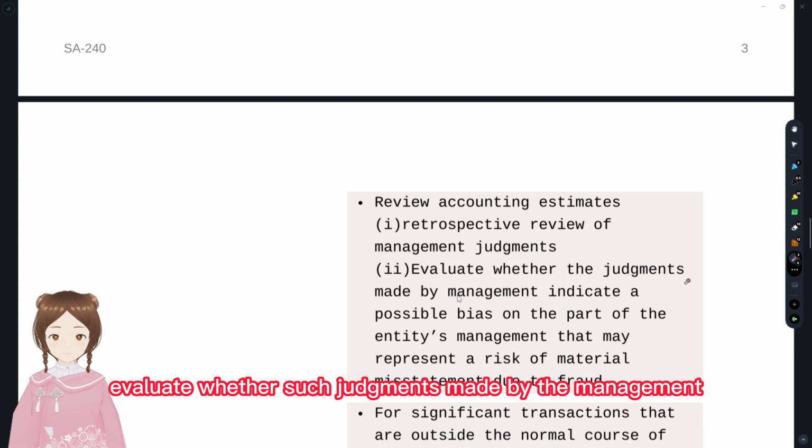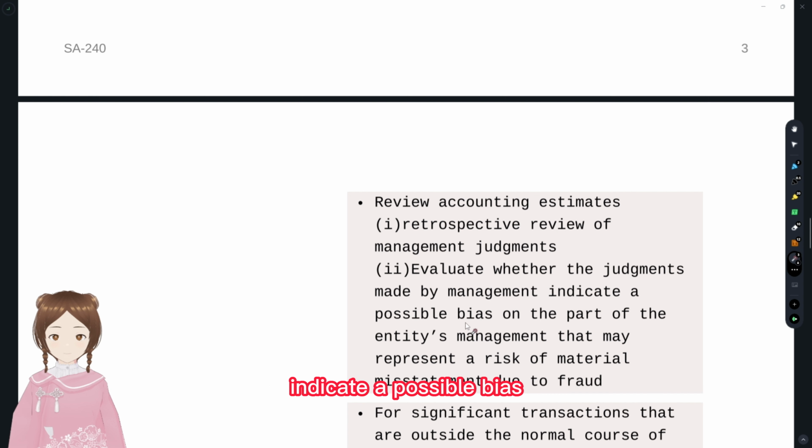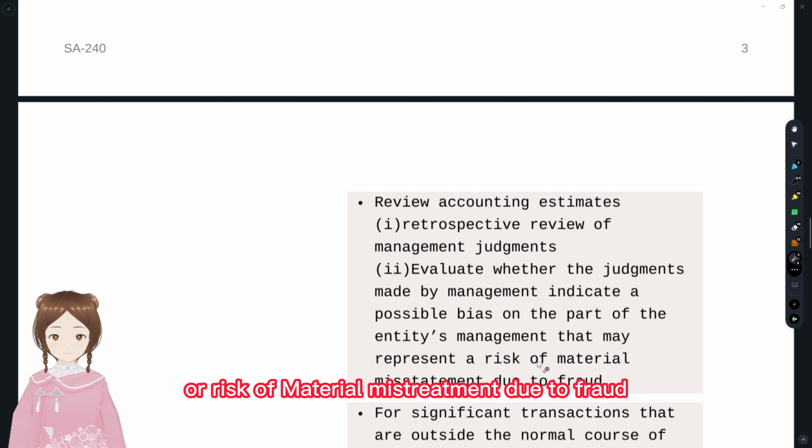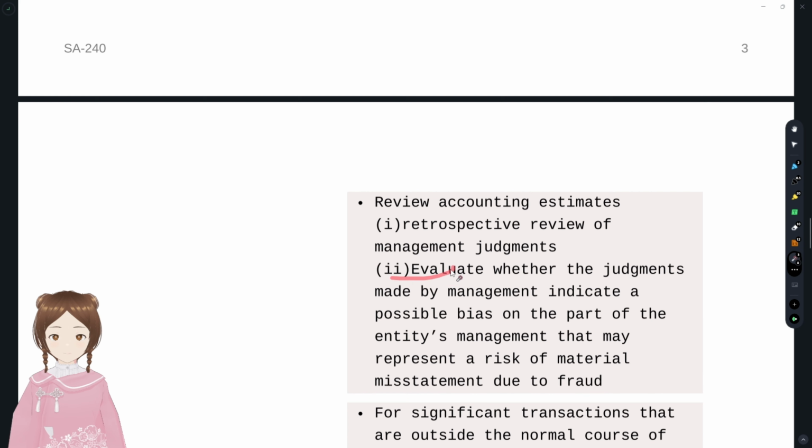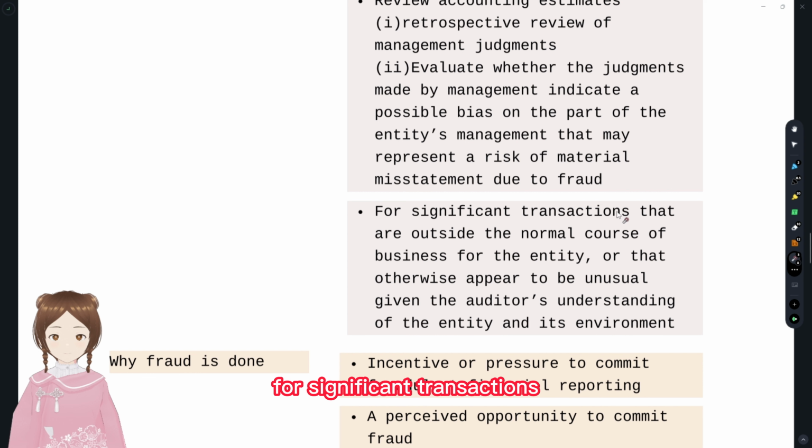Evaluate whether such judgments made by the management indicate a possible bias, that is, whether management had put some bias to represent a risk of material misstatement due to fraud. That 20% provision for bad debts, whether that indicates a risk of material misstatement due to fraud, we have to evaluate that. And after that, for significant transactions that are outside the normal course of business for the entity,